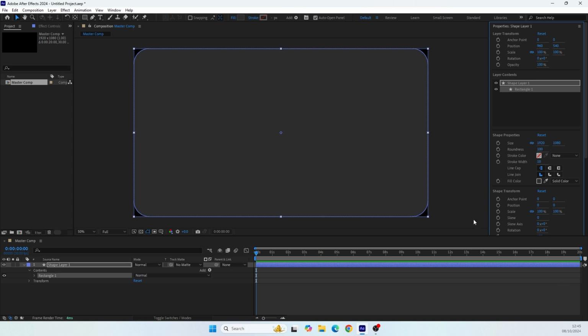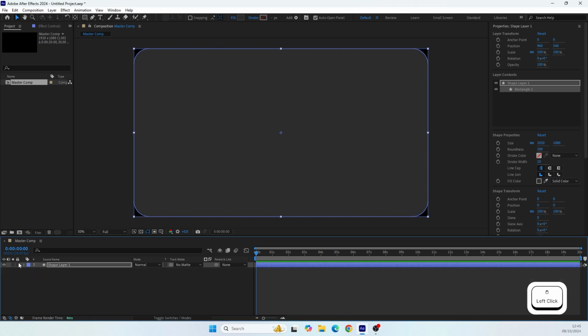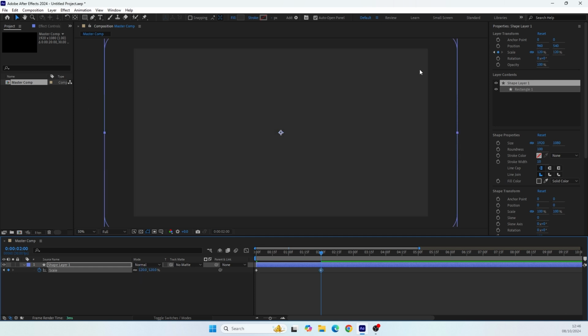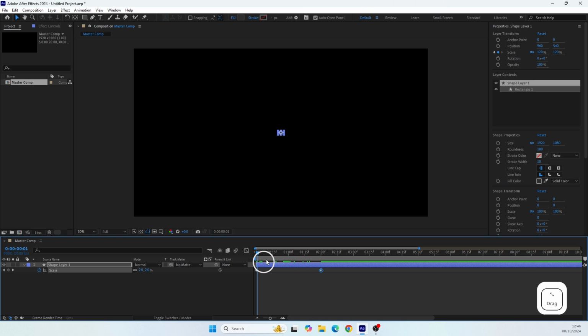Now let's create a scale animation for this shape. So let's set the first keyframe with the value of 0. And then let's say after 2 seconds, let's set the value to 120. 120 is important because the shape needs to be over our frame.